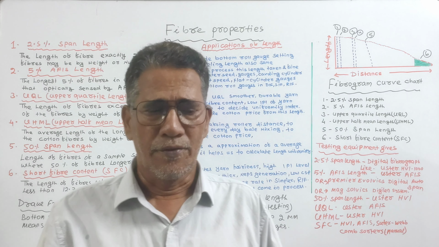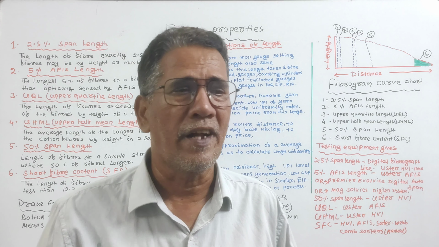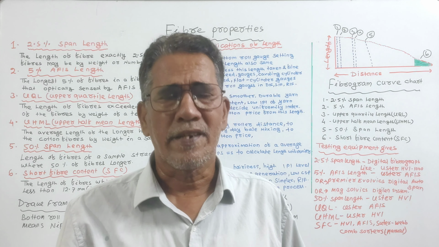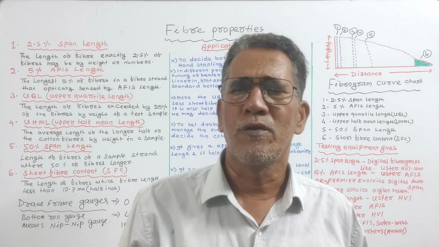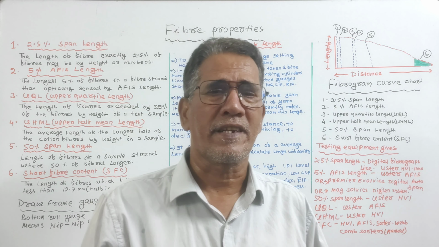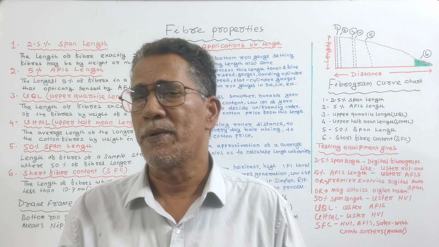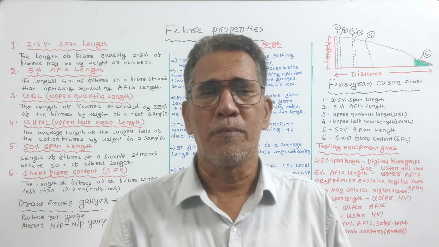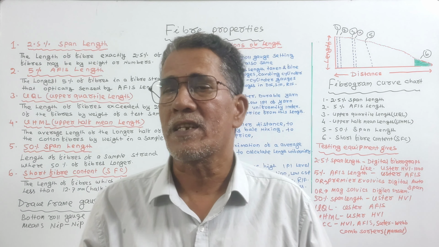We will learn about cotton fiber length, and how we decide the different types of length that come from testing equipment. Testing equipment may be a manual method or very good modern testing equipment like SBI 1000 and Office Pro, that is from Worcester company, a renowned company, and there are 5-6 length measurement systems.